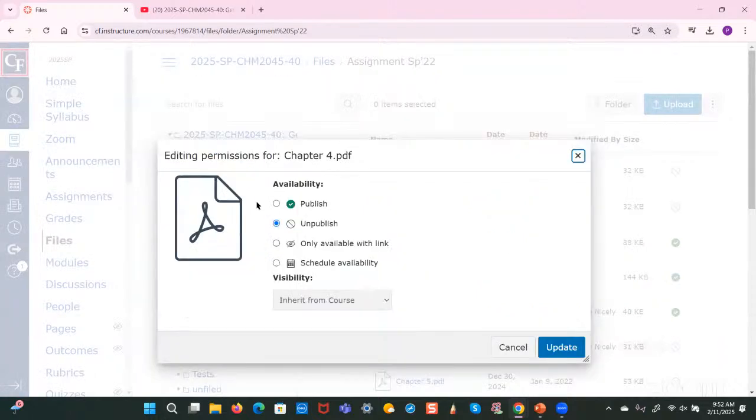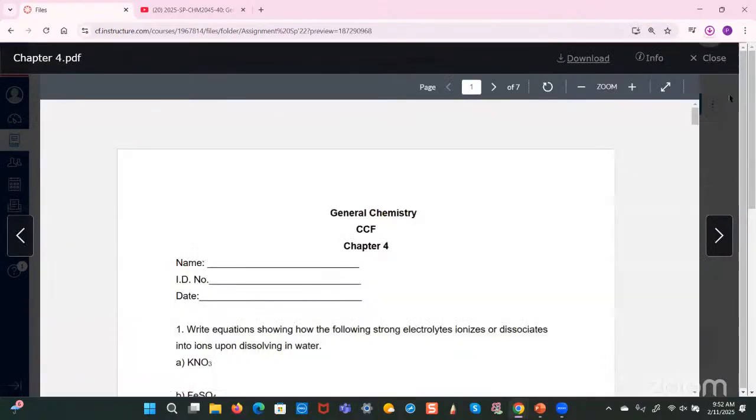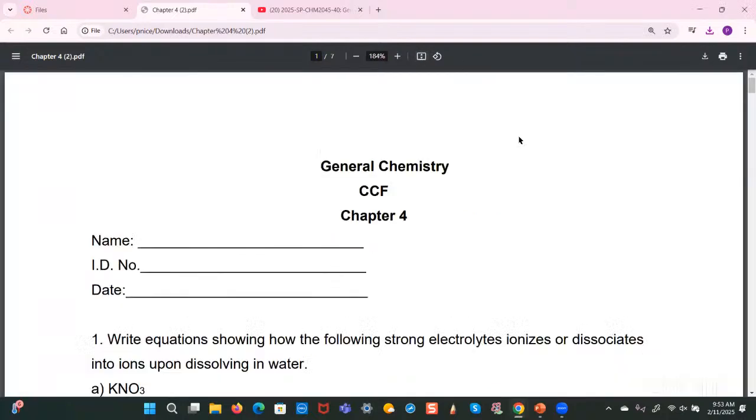Okay, so I've just published assignment number 4 for you guys. You just download it here. We're going to focus on questions 1 and 2, all right? It says write equations showing how the following strong electrolytes ionize or dissociate into ions upon dissolving in water. So basically,